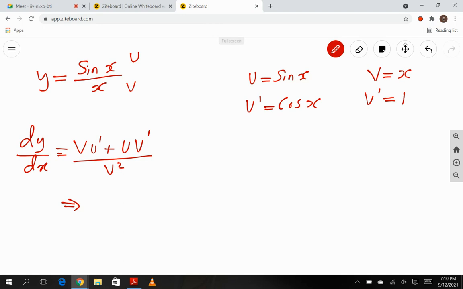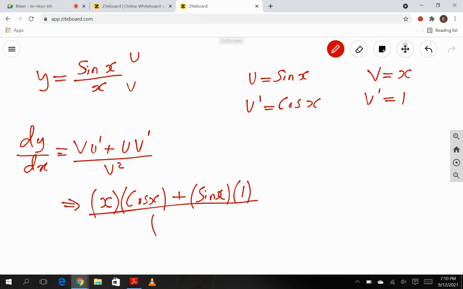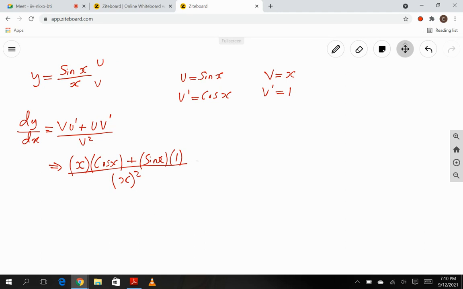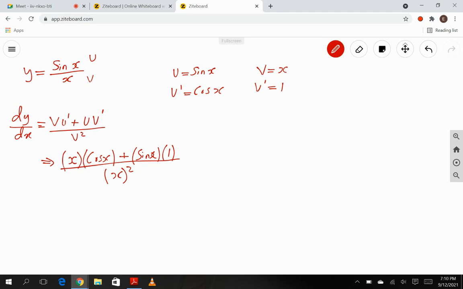So what do you then do? You just have to start plugging in the values, right? So you're going to say your v is x, your u prime is cos x, then your u is sin x, and then your v prime is 1. Then your v is x. So making v squared, you put that squared, right? So then what you do then is, so after this,